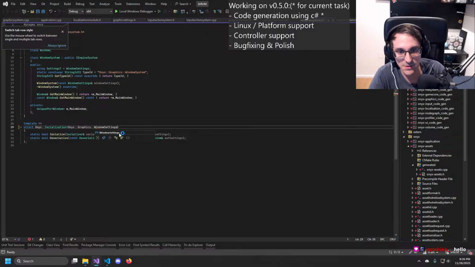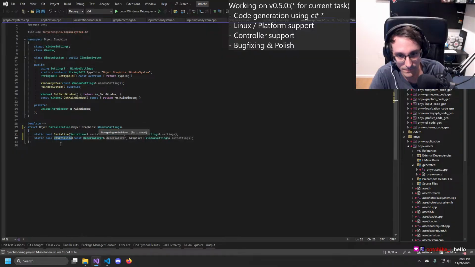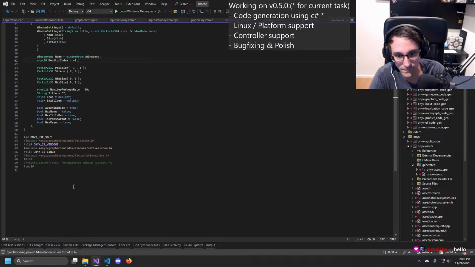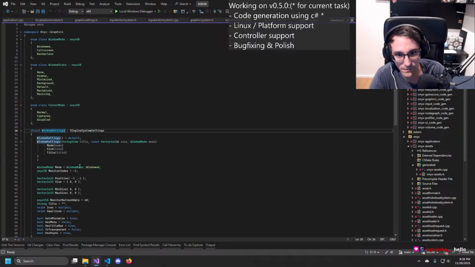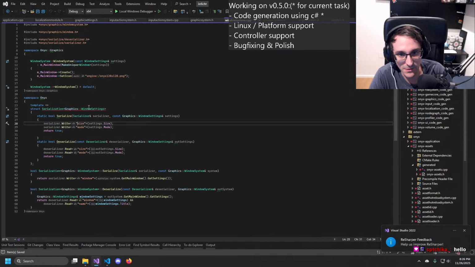Windows settings. Oh, that one still has it. I mean, we could have maybe left that in, I don't know.